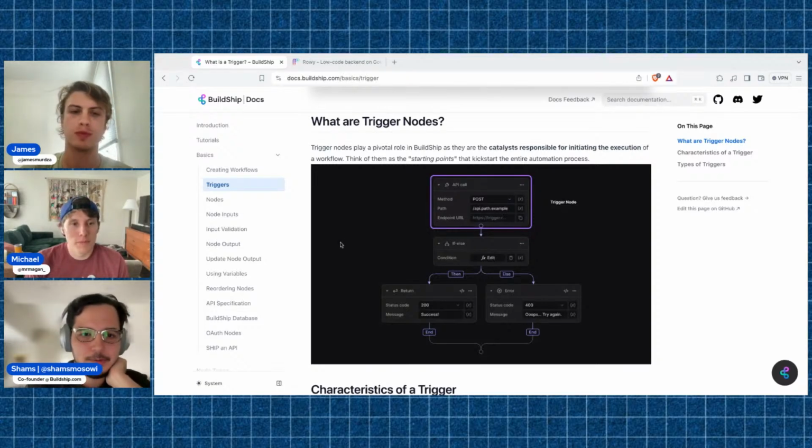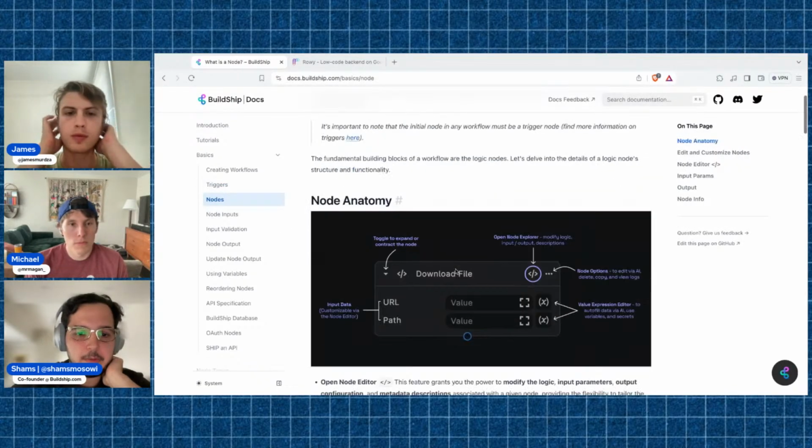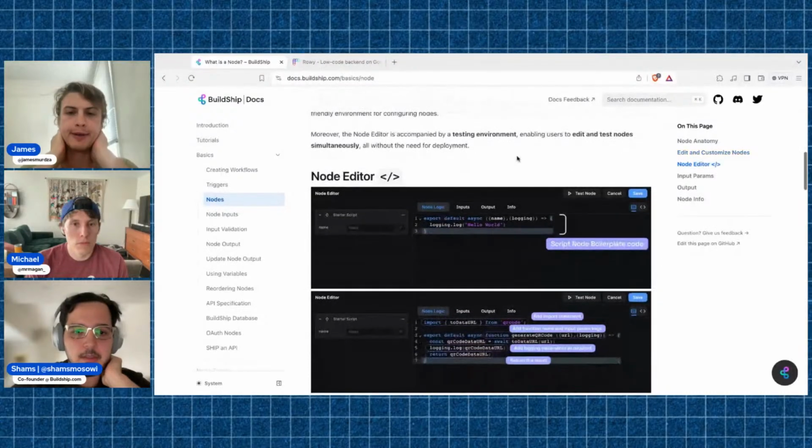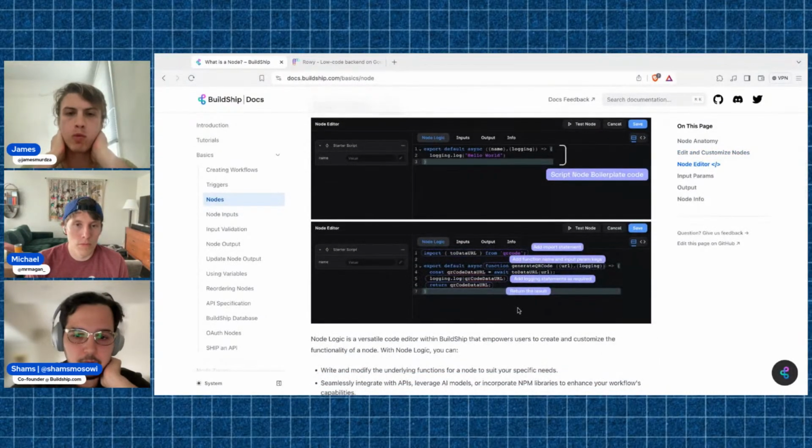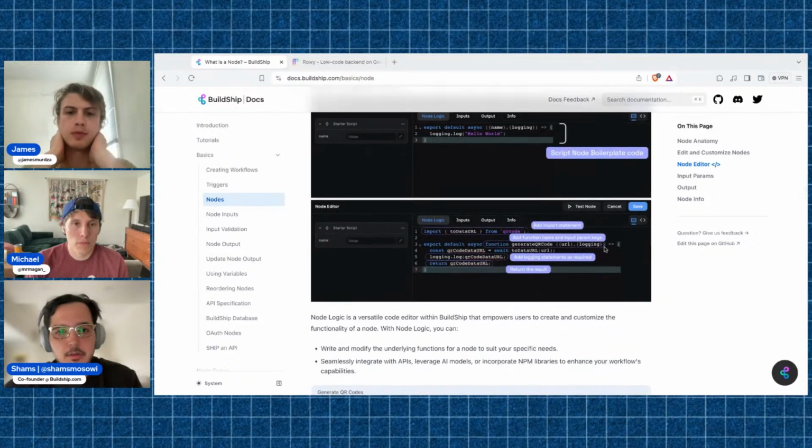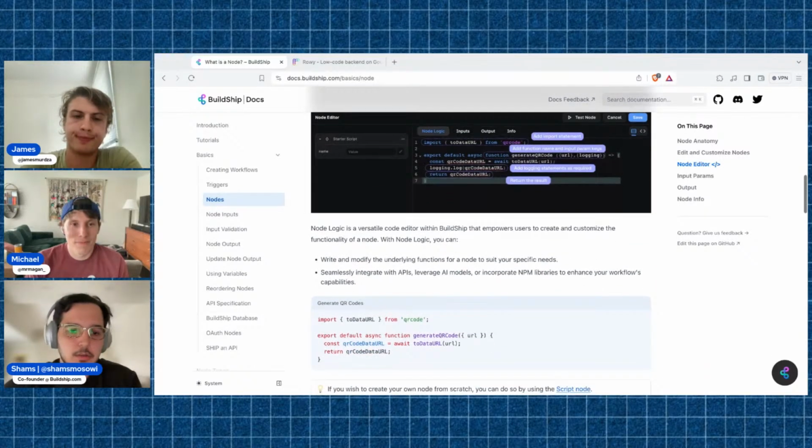So it took a few months to launch, but I think it's basically a lot of learnings from Rowie, for example, how we create the nodes and how we structure them in terms of making it easy for anyone to create. And we have a lot of work to do on that side as well, in terms of making nodes easier to create and maintain. We tried to add functionality in Rowie, and we're like, oh, but it's hard for people to create or see what's going on or reuse.